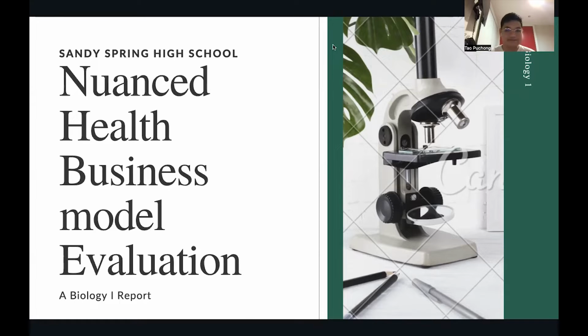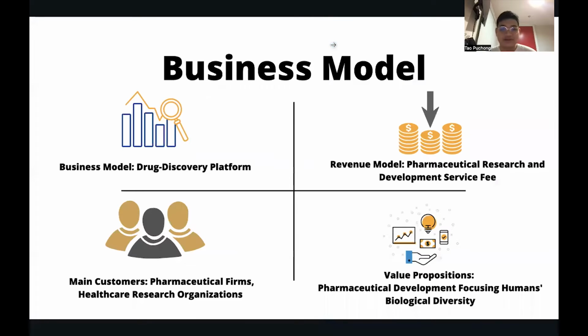So let's get started. First, let's look at the business model of this company. Nuanced Health is a drug discovery platform aiming to discover and develop precision medicines by providing biological variety in the models used for therapeutic discovery and development. The firm enables drug researchers to drive different illness outcomes and medication response, offering practical insights that are based on